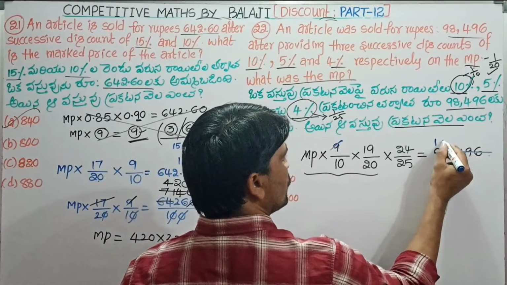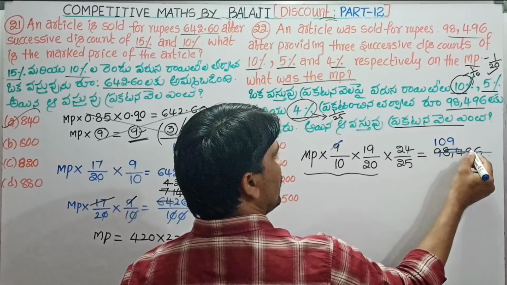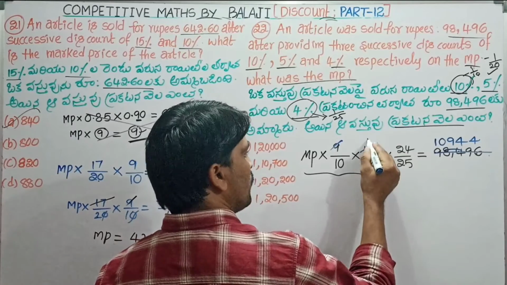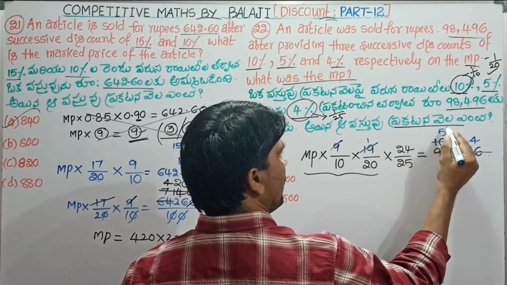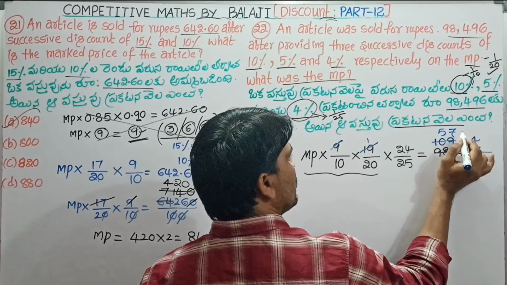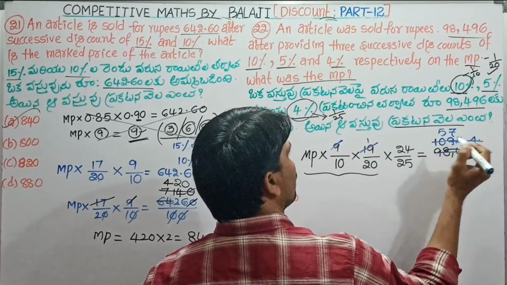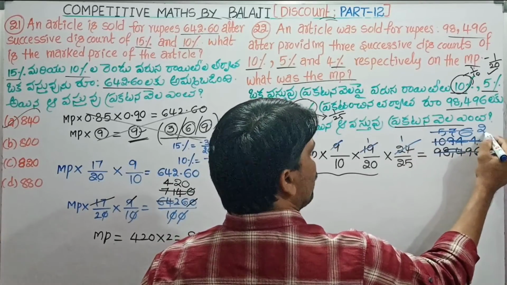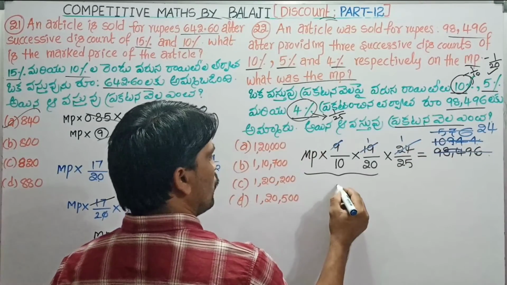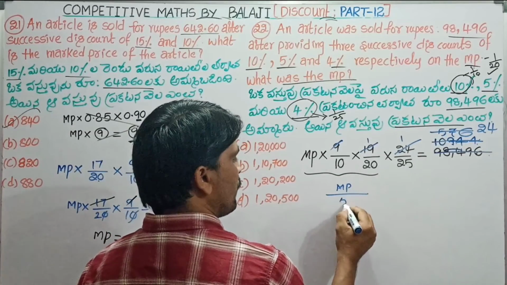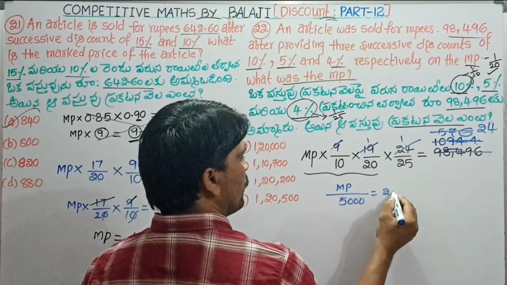Now in the 9 table, 9 ones are 9. At a time we are taking 2 digits, put 0, 9 nines are 81, 3 9 is 39, 9 fours are 36, again 9 fours are 36. In the 19 table, 19 ones are 19, 19 fives are 95, 14 remainder 144, 19 sevens are 133, 11 remainder 114, 19 sixes are 114. 24 ones are 24, 24s are 576. So marked price by 10, 20s are 200, 25s are 5000, equals 24.